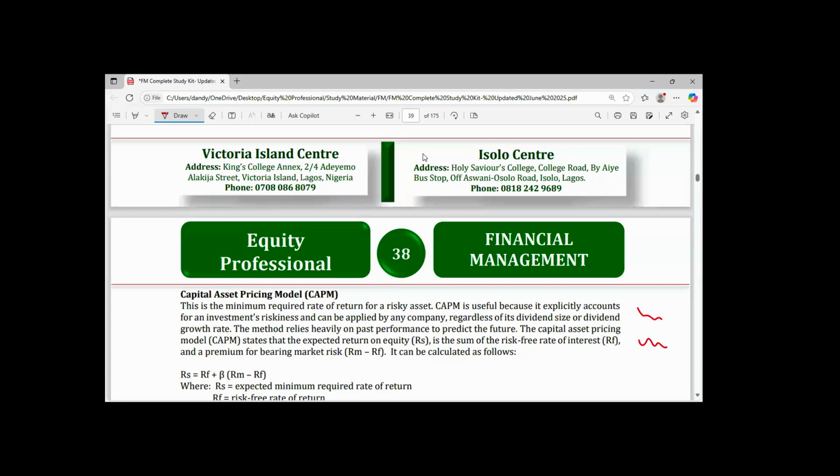Okay, I think I have a better perspective now. Yeah, and that's why it is important for you to know how to estimate it. When you did capital budgeting under performance management, you were just given the cost of capital. You don't know how they arrived at the cost of capital. So how to calculate the cost of capital is what we are treating now. Okay? Yes, sir.